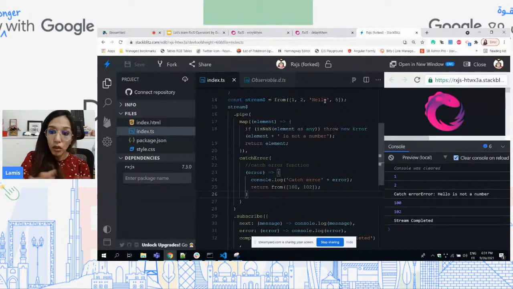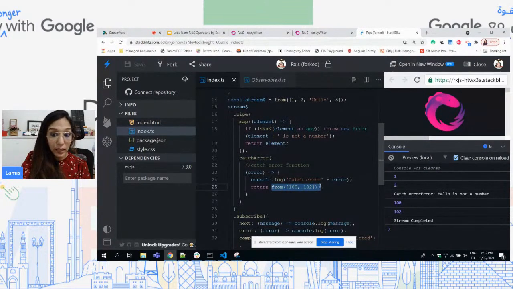It will no longer emit values because 5 will not get emitted because hello errors out and caused an error. Then here catch error will replace the source observable by the observable produced in the result of the catch error handling function, which is from